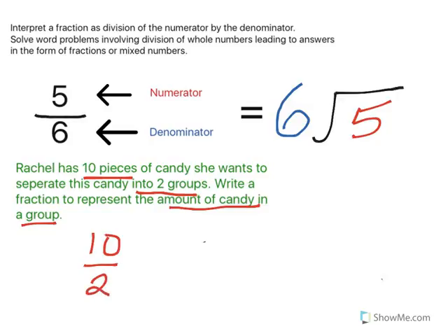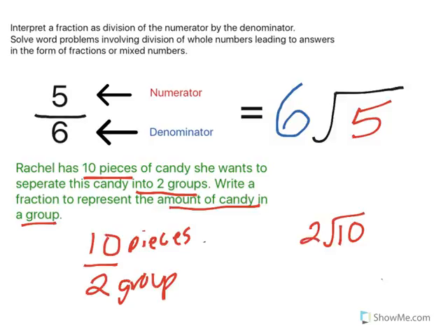So she has 10 pieces and she wants to make it into 2 groups. So this would be the fraction. There would be 10 pieces of candy into 2 groups. So this is the same as solving for the amount of candy in each group. So 10 divided by 2, and that would get us 5, which is the same as our fraction of 10 over 2. So 10 over 2 is the same as 5, which is our answer